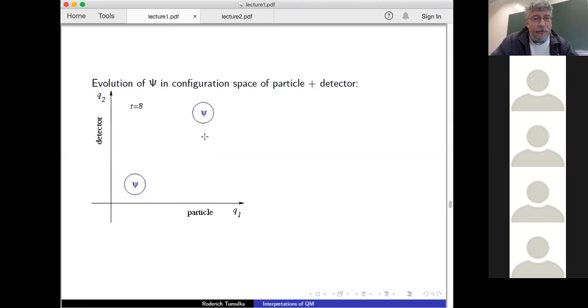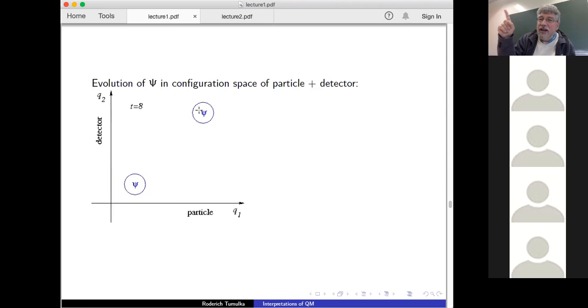So at the end of this experiment, the Bohmian configuration will still be in one of the two packets. Now, if it happens to be in the northeast packet, then the configuration of a detector is a configuration in which the detector has clicked. Let's say some current goes through some wires, maybe